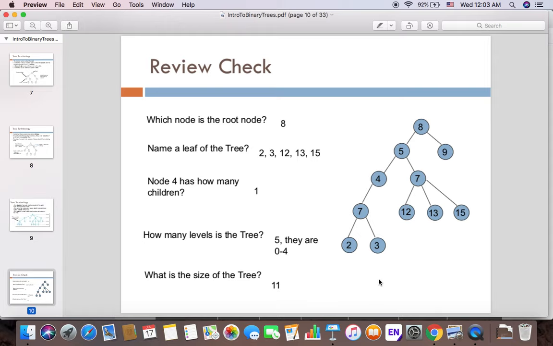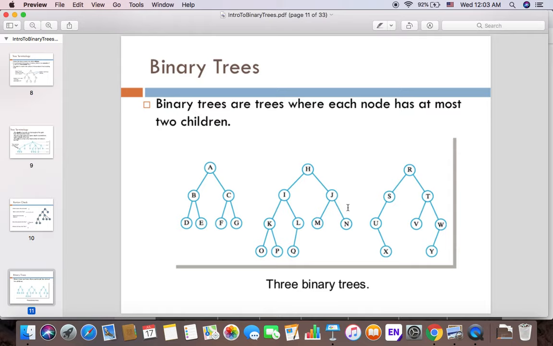And let's go to the next slide. Here we have a binary search tree, but we don't have enough time, so I will cover just a short explanation of it. A binary tree is a specific version of the tree in which each node has at most 2 children, not more. At most it has 2 children, and